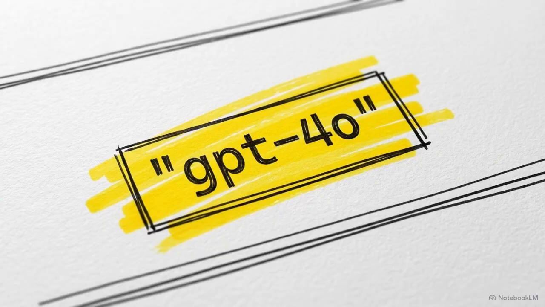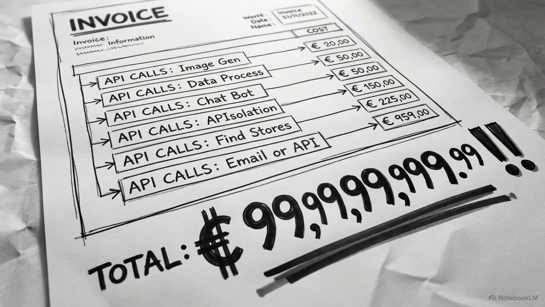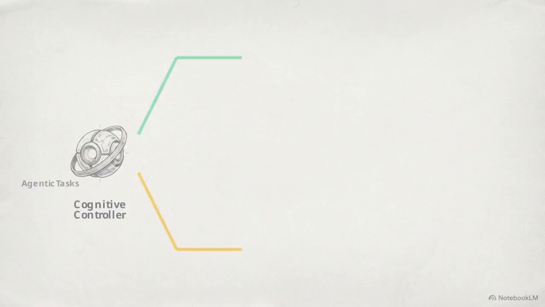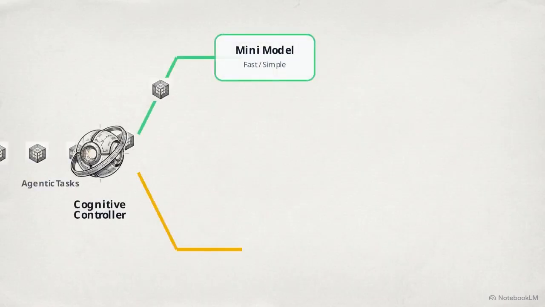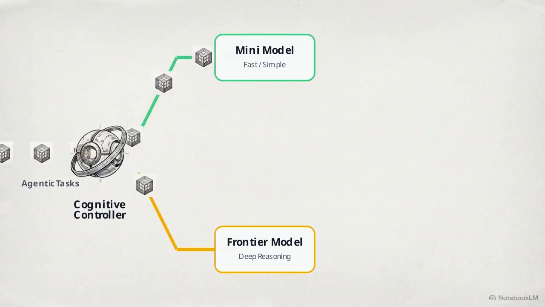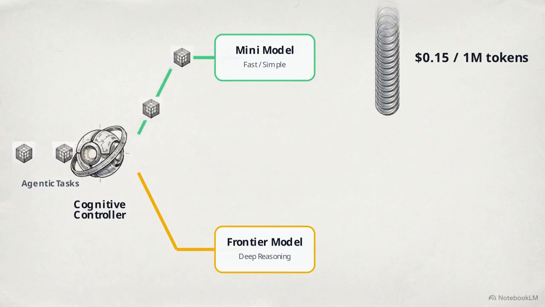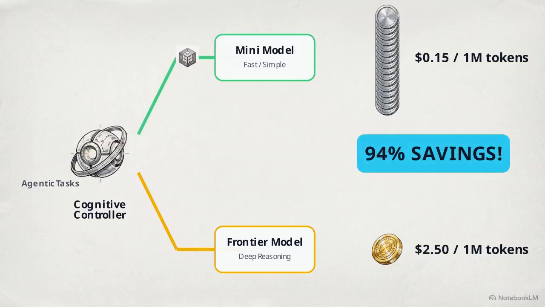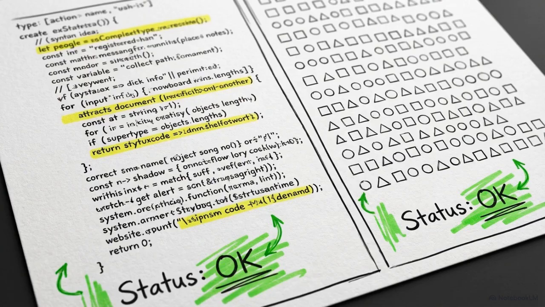The second step is moving away from the default practice of sending every agentic turn to a high-cost frontier model. Instead, use a routing strategy. Simple tasks go through the green pipe to a mini-model, while the gold pipe reserves expensive reasoning for deep planning. A mini-model costs 15 cents per million tokens, a 94% discount compared to the $2.50 flagship rate. By matching task complexity to the appropriate model, you can execute significantly more agentic steps for the exact same budget